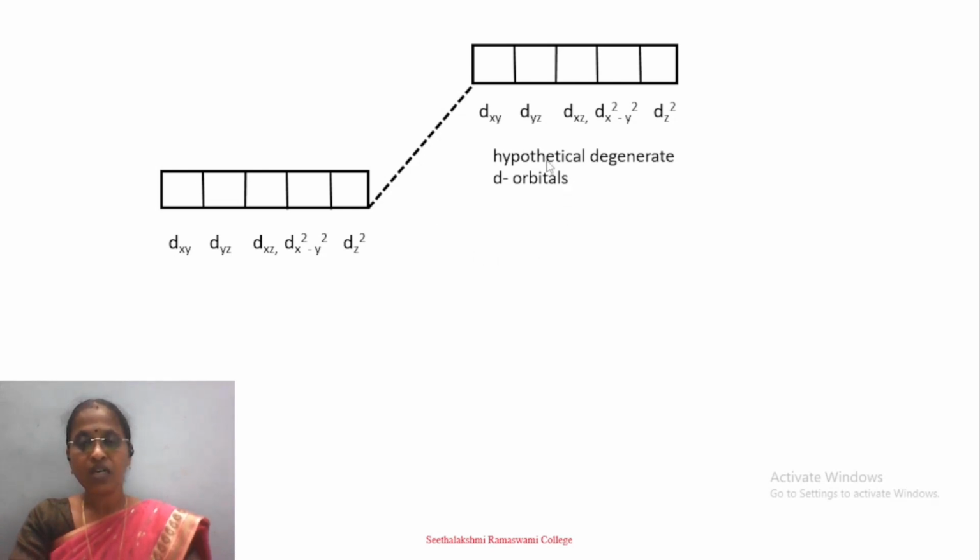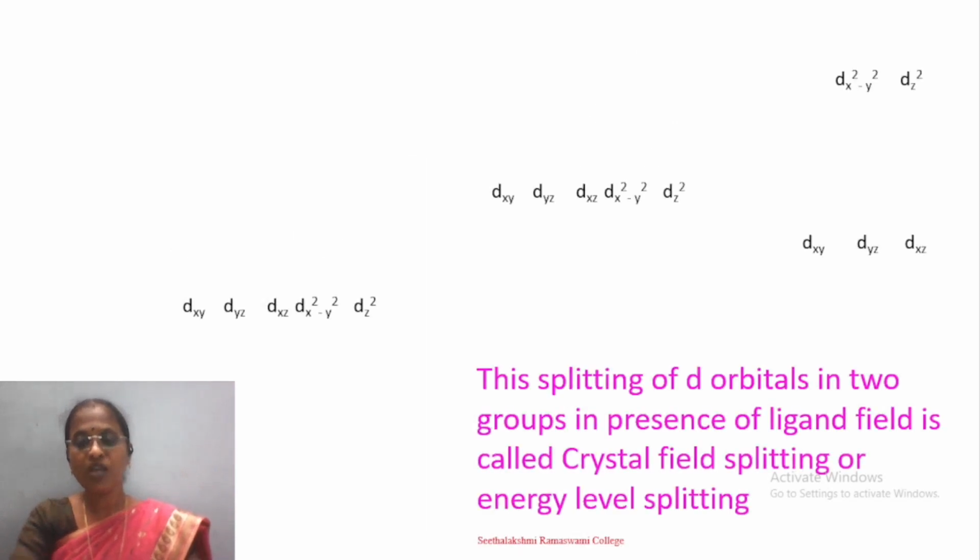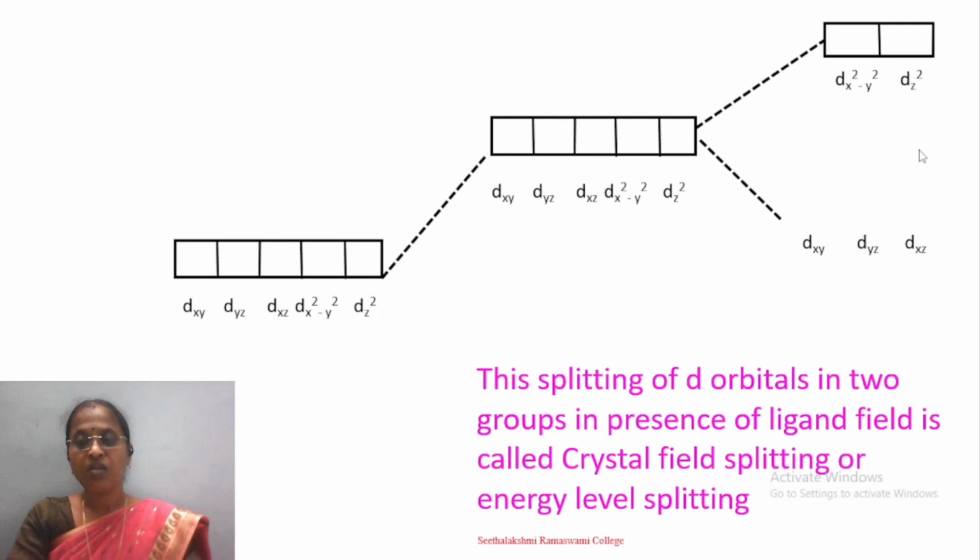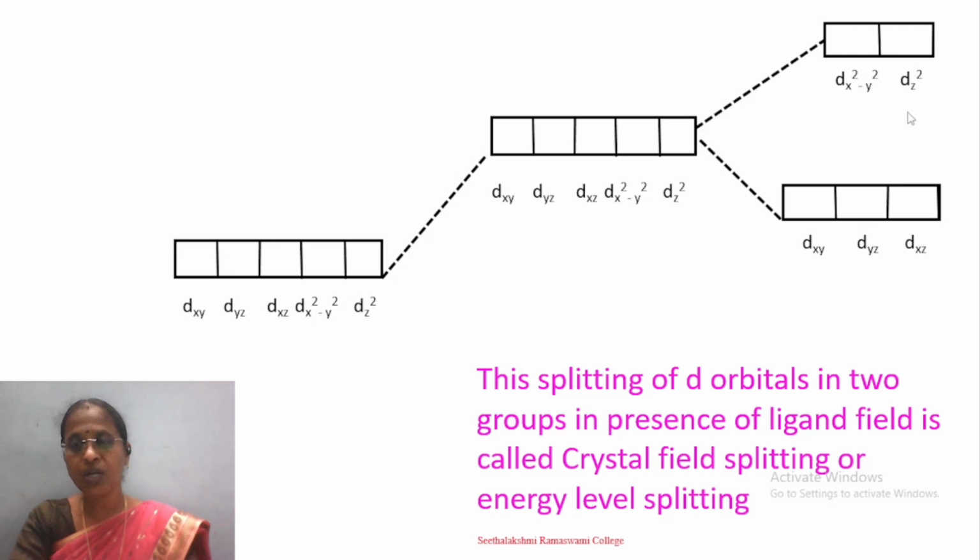That is, this is also a set of degenerate d orbitals. But this is a hypothetical situation, because the lobes of the Eg orbitals, which lie directly in the path of the ligands, experience greater repulsion. That is, the electrons present in the Eg orbitals experience greater repulsion than those in the T2g orbitals. Because of this greater repulsion, the Eg orbital's energy is raised compared